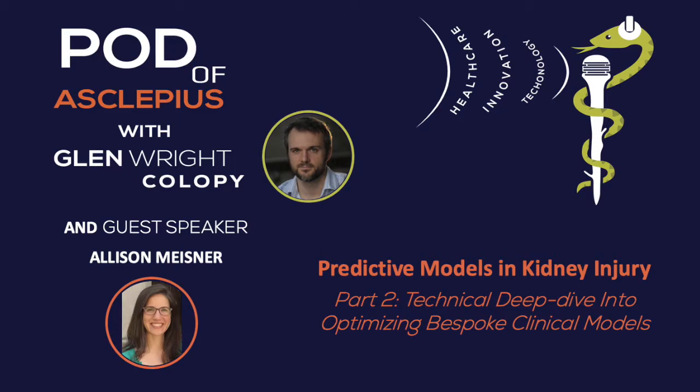But the really cool thing about Allison's work is that many of us statisticians and engineers, we talk a lot about the importance of tailoring our work to the clinical application. But Allison actively pursues this by tuning her models specifically to the clinical objective and clinical constraints. And she's also created an R package to help other people do this as well. So in this part, we're going to go over the technical intuition and details of Allison's work. Allison has kindly provided us with slides, which are very helpful.